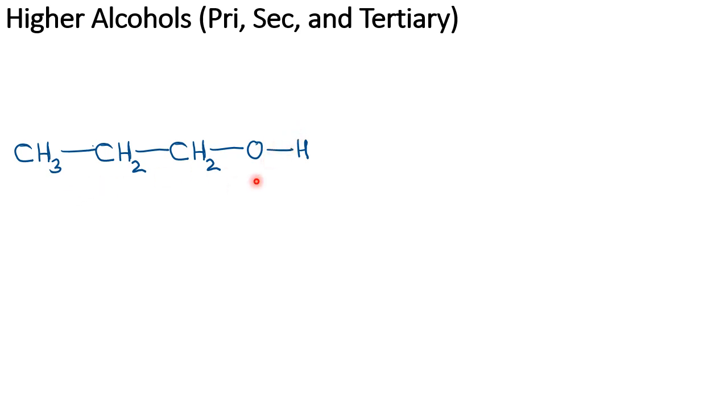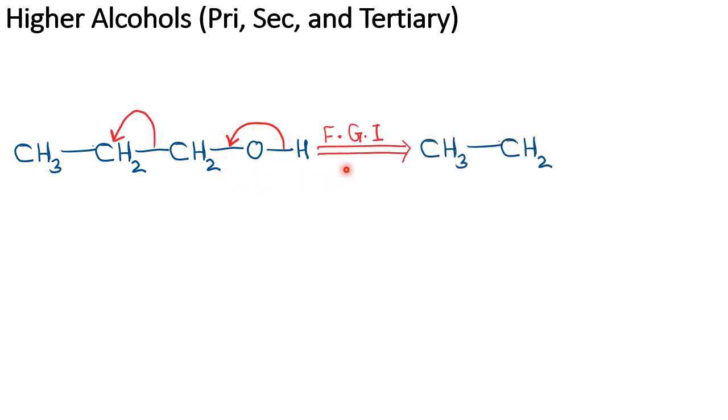So here what we have is propan-1-ol, and this alcohol or any other higher alcohol can be synthesized using the strategy which I am going to show you now. So what we do is convert this primary alcohol group by shifting the bond, disconnecting it, and we are getting the formation of a carbanion,